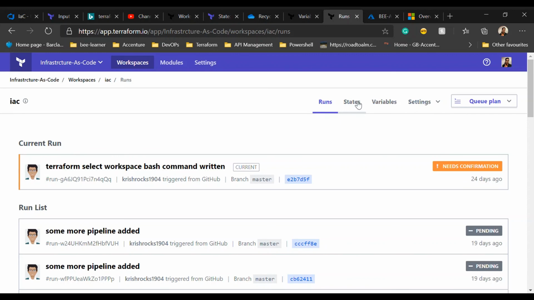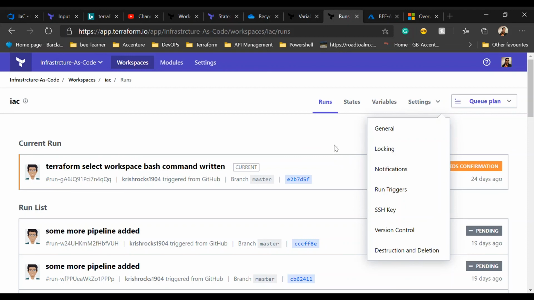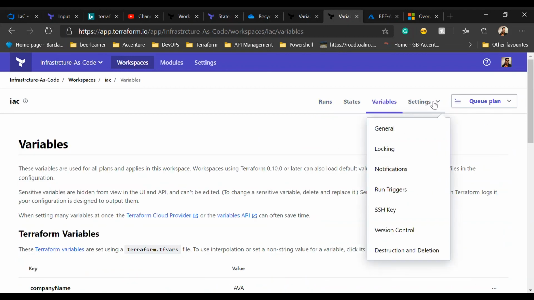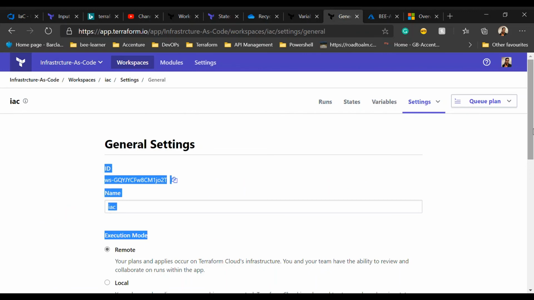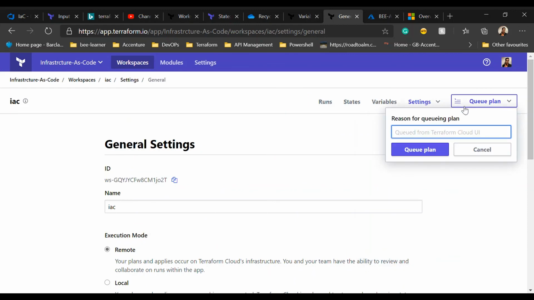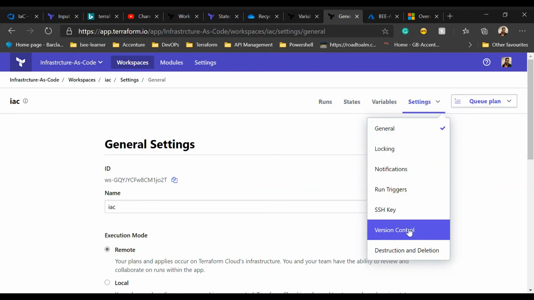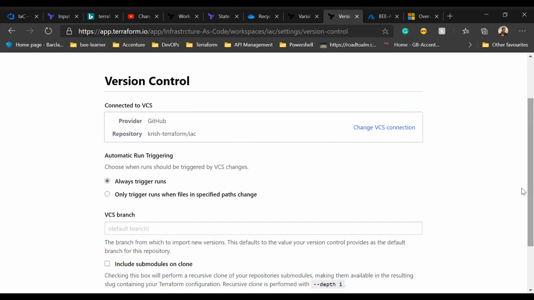The other way is to use the YAML pipeline and work it out there. Now, one last and most important thing here is general. Go to the general settings, for example, if you want to manage the settings here, query plan. Right now I'm working on my local machine, but let's say you want to trigger a pipeline or trigger this particular execution, instead of triggering it locally,